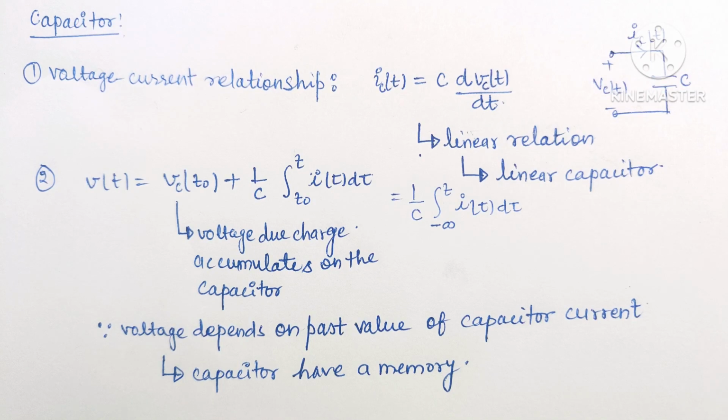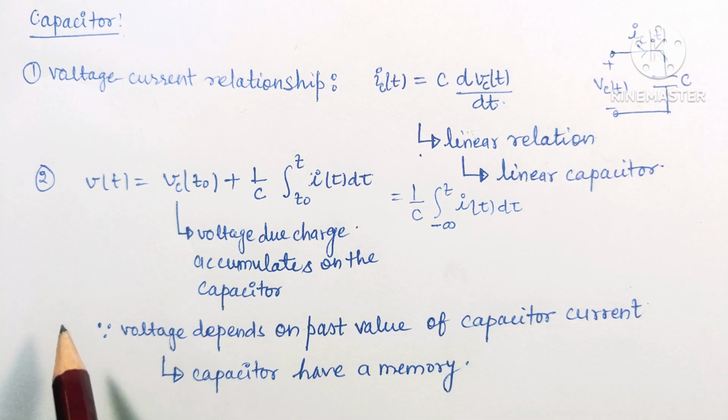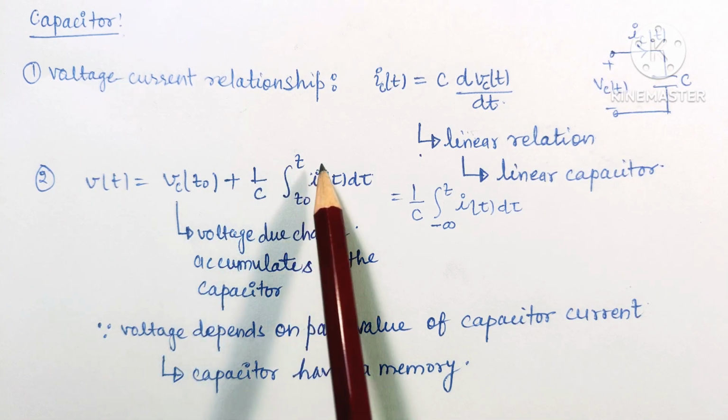Let us understand the basics of inductor and capacitor, since these inductors and capacitors are basic elements of RL and RC circuits. First of all, let us talk about the capacitor. If a capacitor is connected in a circuit, then the voltage and current relationship of the capacitor can be given as